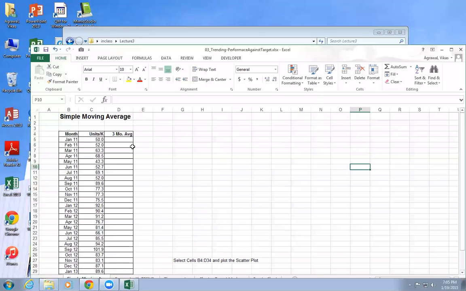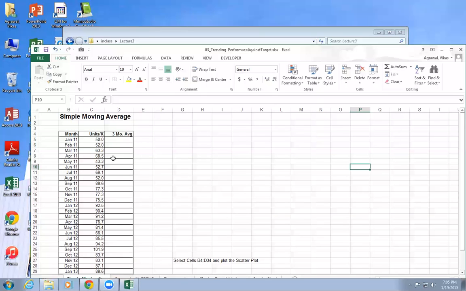If it is changing very fast, then you don't want to have a big 3 or 4 months. You want to have it smaller. If the data is not fluctuating much, then you can have a bigger number of months. Does it make sense to you? So it all depends. There is no one unique formula for that. But here, let's stick to 3 months.